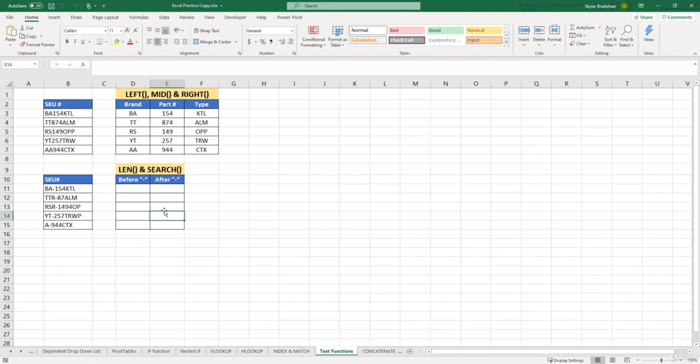So just to the right of the table, I'm going to make some dummy columns to help us understand what these functions do. So let's start with the len function. In this cell, we can type in the equal sign and then len. And we can see right here that the len function returns the number of characters in a text string. So if we insert this function and then select our first skew number,